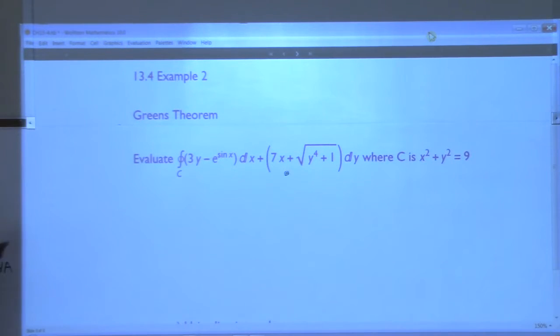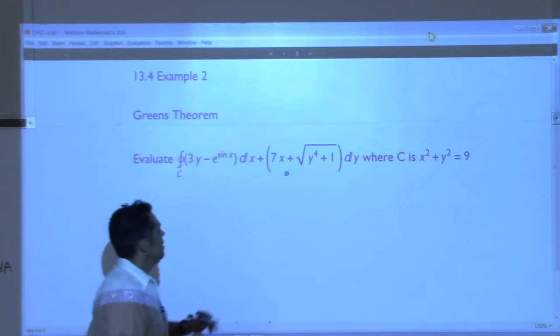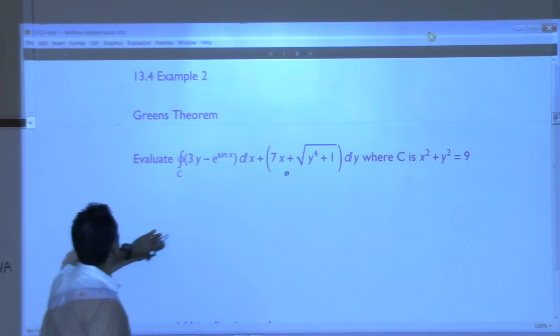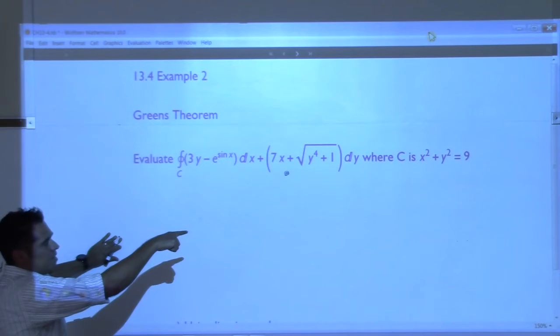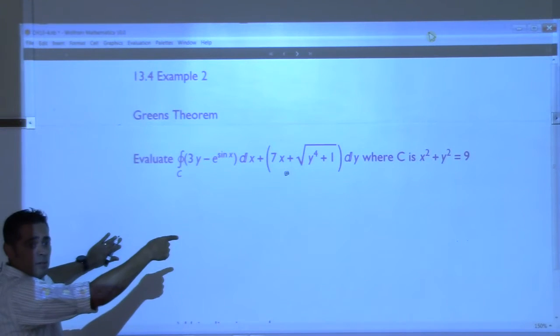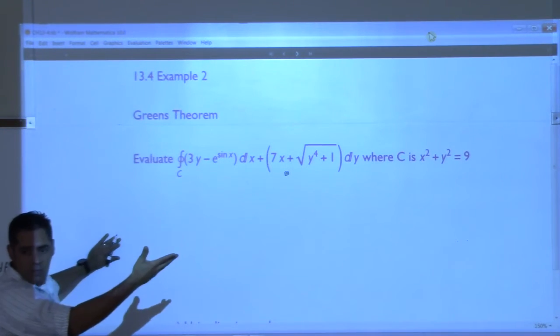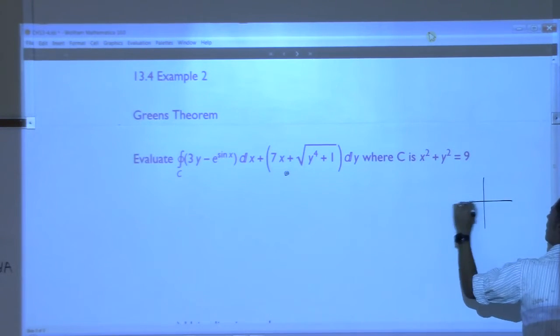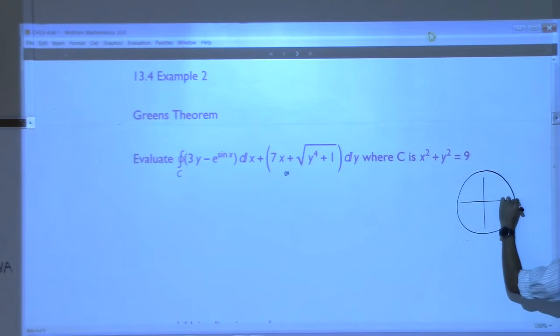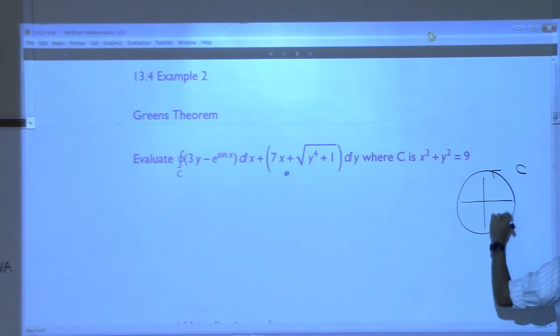All right, so if we do it the old way, we look at our curve C. Our curve C here is x squared plus y squared equals 9, which is a circle of radius 3. So I know that the C we're looking at is this thing. If I orient it this way,